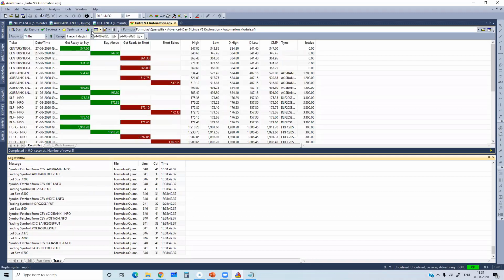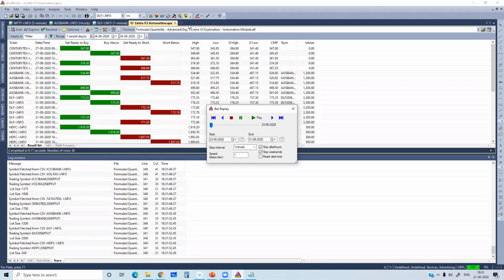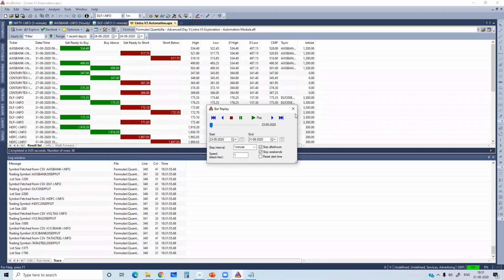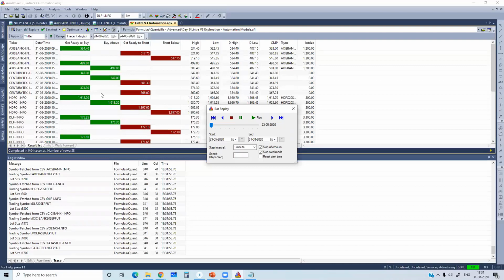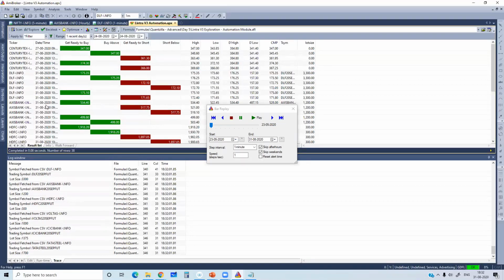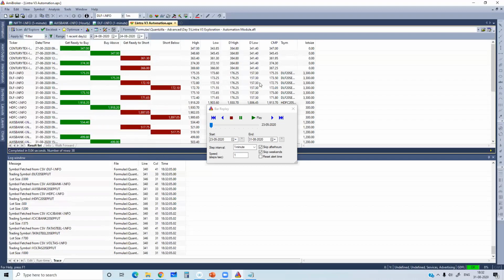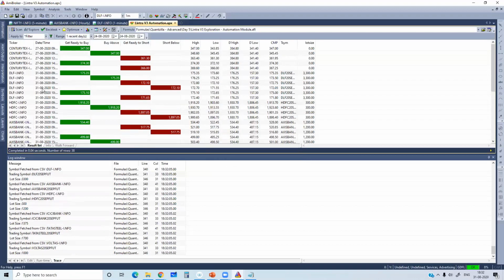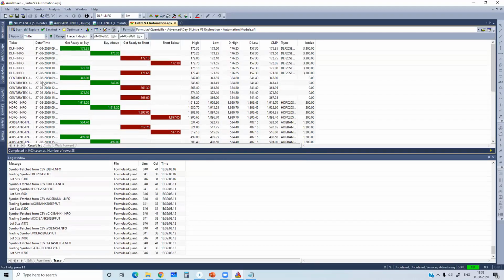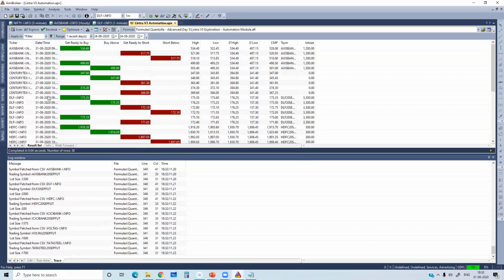So let me run the bar replay here. Bar replay for today's activity. It's supposed to run for one recent day, but Century Textiles, I think Century Textiles is no more in the list, it seems. So you see that its date is coming different, 27th. Rest all are pointing to today's date.